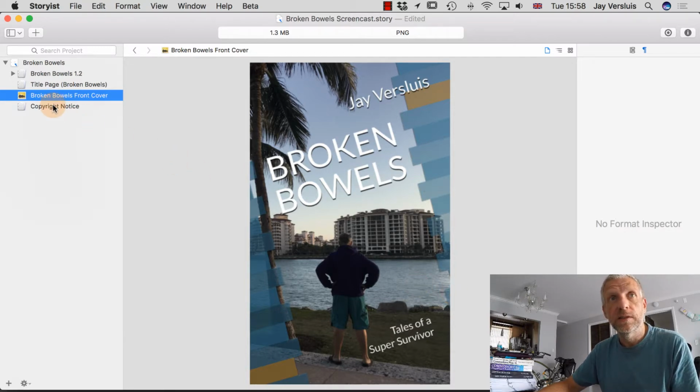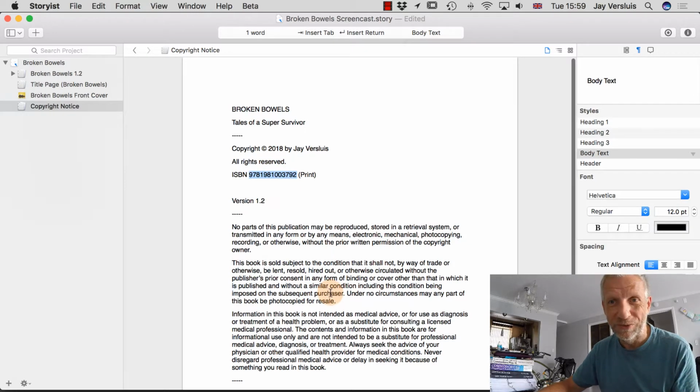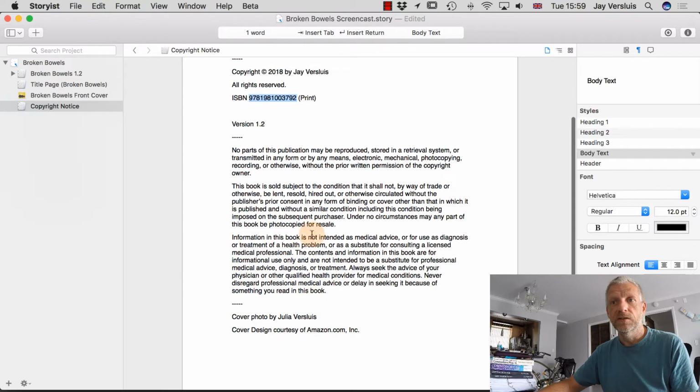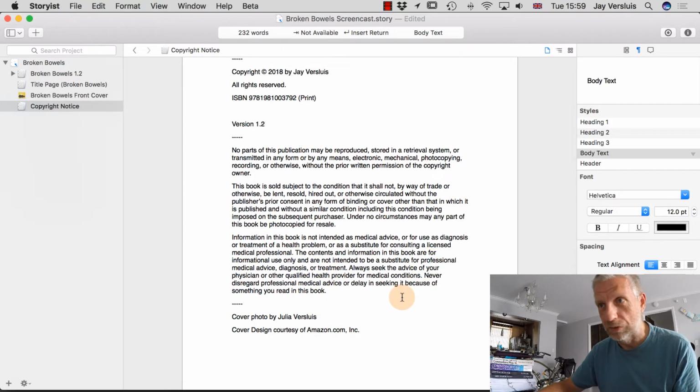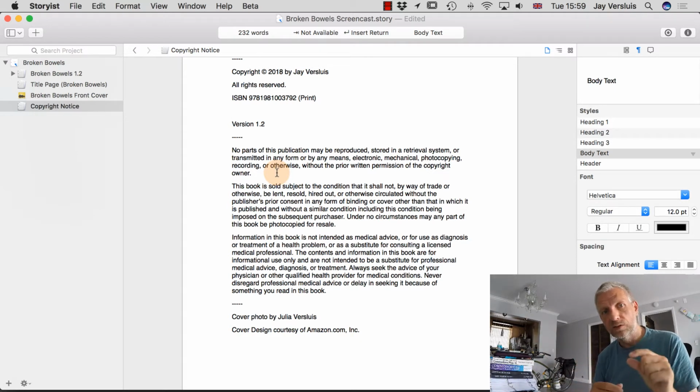I've also got another thing here, which you can see the formatting is slightly different. That is a copyright notice. It also contains the title, my copyright. It contains the ISBN number, or whatever you want to call it. And it contains some information that this book is not meant to be medical advice, and obviously does not replace a doctor's visit. So I can ask Storyist to use all these files and create a single .mobi file that